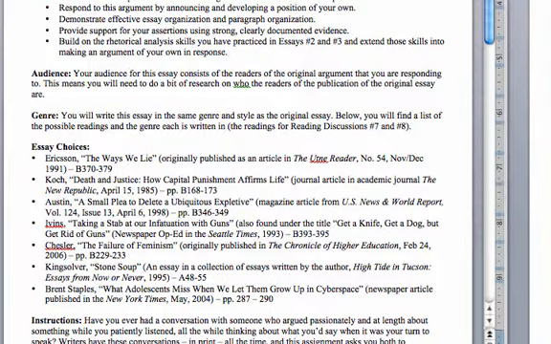You have 7 articles. You should have already chosen one. You should have already posted your choice on the discussion forum. And they vary in topics from Koch's, which is on the death penalty. Chesler's is on the failure of feminism and why feminism doesn't work anymore. There's a gun control essay. There's an essay on young people and their use of the internet. Let's see. There's Austin's essay, which is about removing the F word from public discourse.